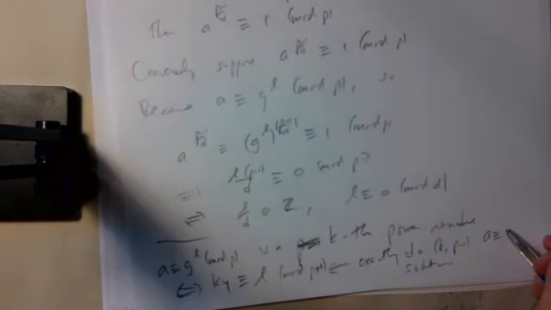And for every such y, we have a solution of the congruence a congruent to g to the y times k mod p. So this is a kth power, it's the kth power of g to the y, and there are exactly d such y's. So every a that's a kth power has d kth roots. So let's just see what this says in what for us is the most important case,